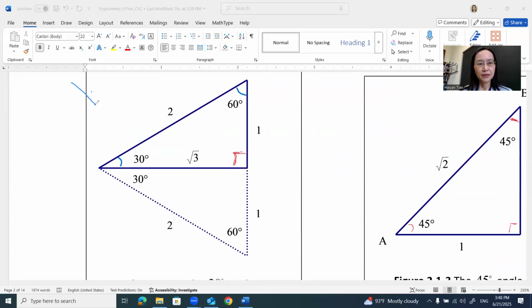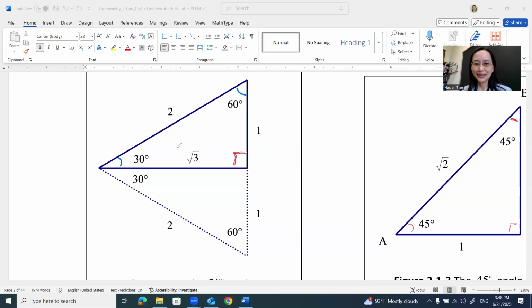So in this figure, we see an equilateral triangle. The equilateral triangle, as you can see, has sides 2, 2, 2. Each side is 2. Also, each angle is the same, with degree measure 60. You see, 60 and 60. So we see an equilateral triangle, but